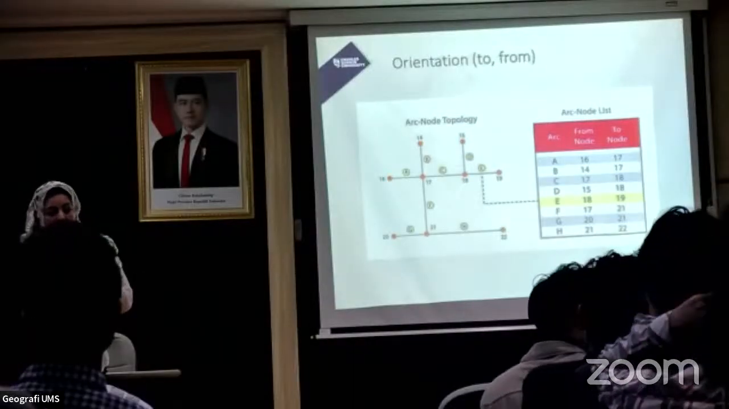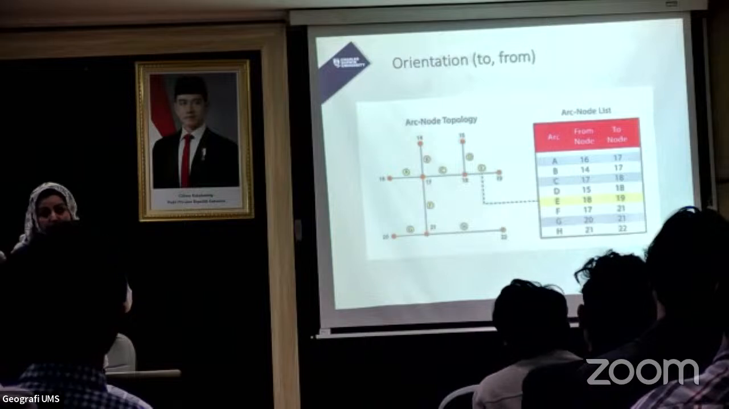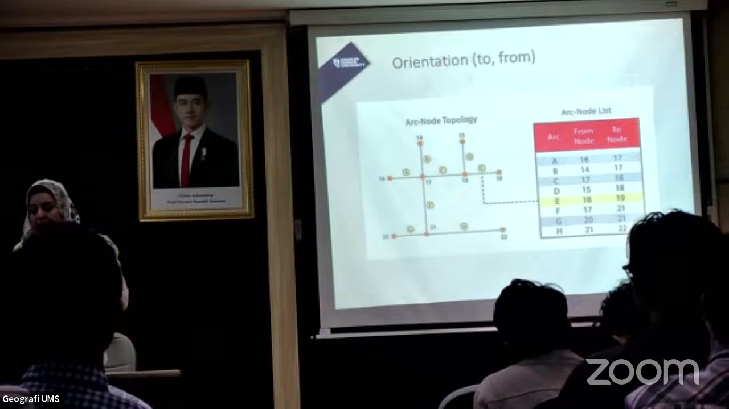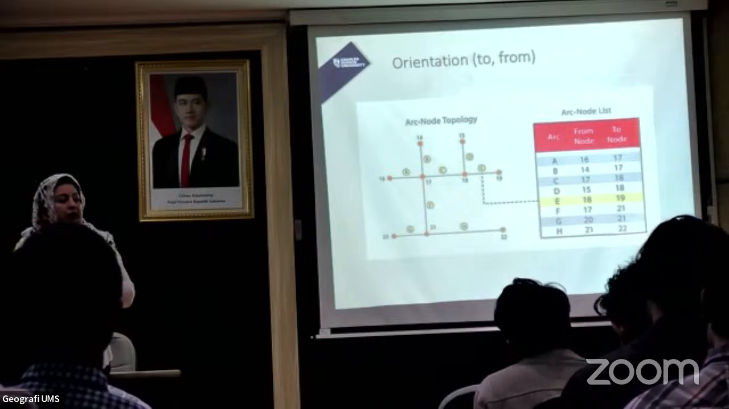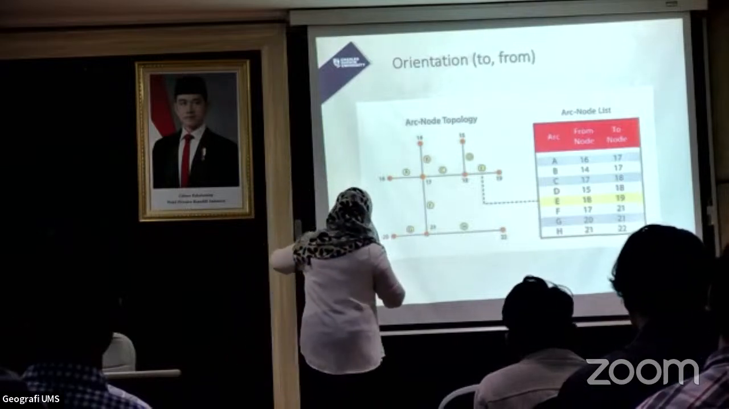Topology. Arc, node, topology. What is topology? Spatial relationships. What is topology? Spatial relationships. So now we see orientation. Orientation is, for example,